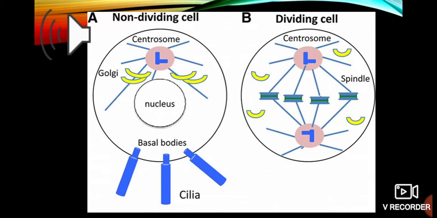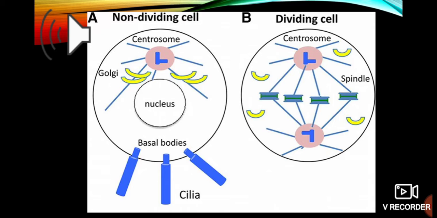It consists of centrioles. You can see in the picture two bluish rod-like structures lying perpendicular to each other. These are the centrioles. The picture also shows certain lines, a star-like structure, coming out from the centrioles. These are known as aster. It is made up of fibers known as spindle fibers, and the centrioles are made up of tubes known as microtubules.